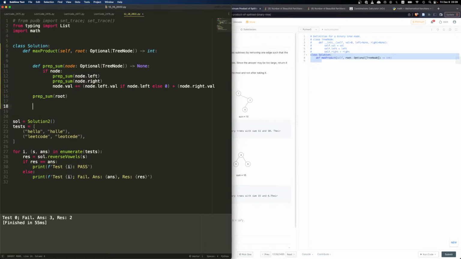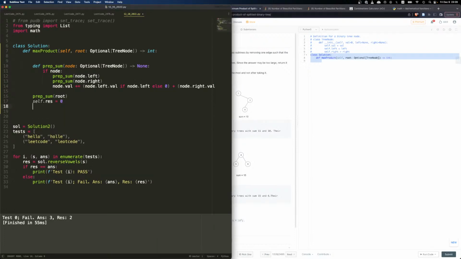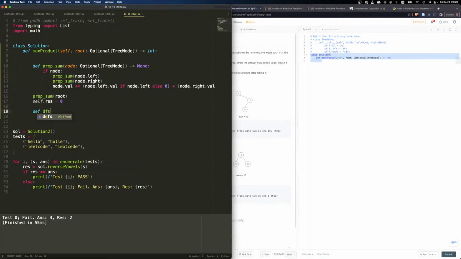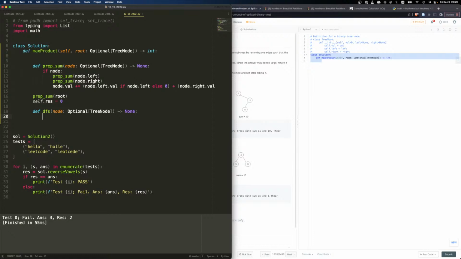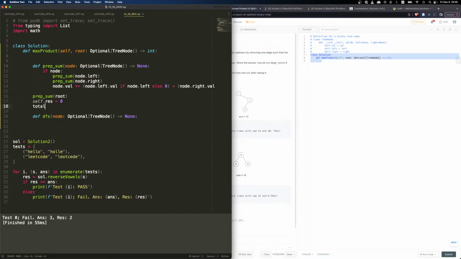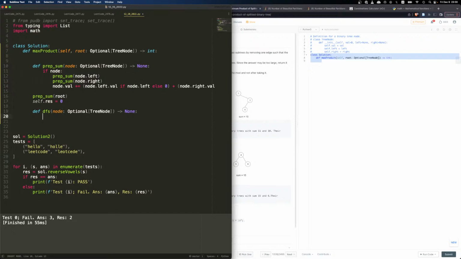Then we're gonna find self.res equals 0 for the maximum, and dfs also none. Okay, so what we're gonna do is I want to break myself. Then we can have the total equal to root.val. I don't have that total, I can just say root.val. So if I break myself, basically I say